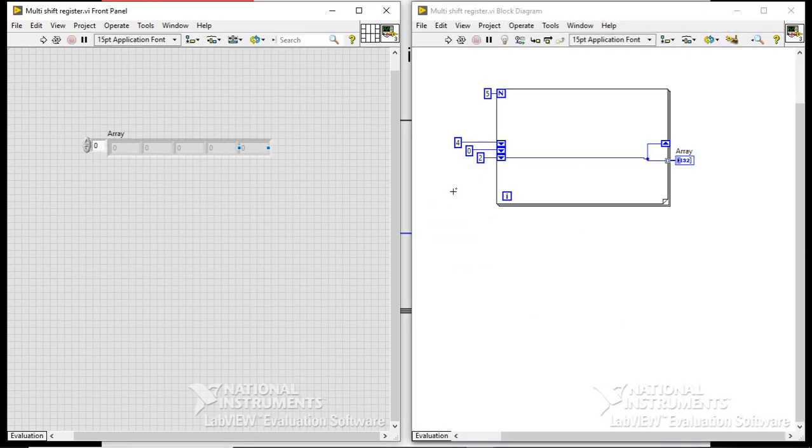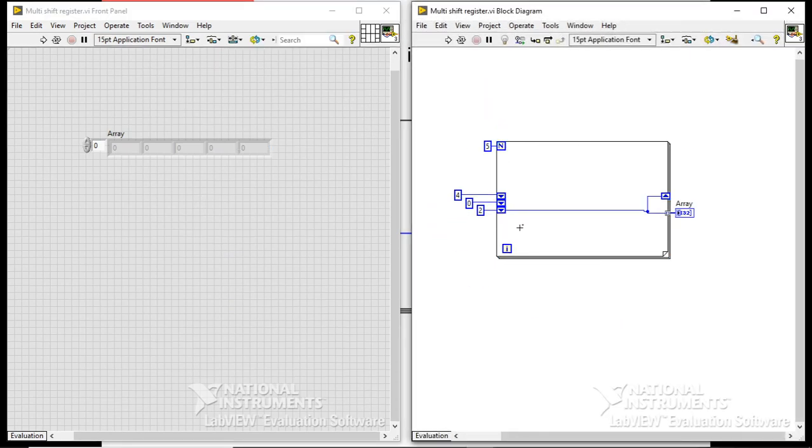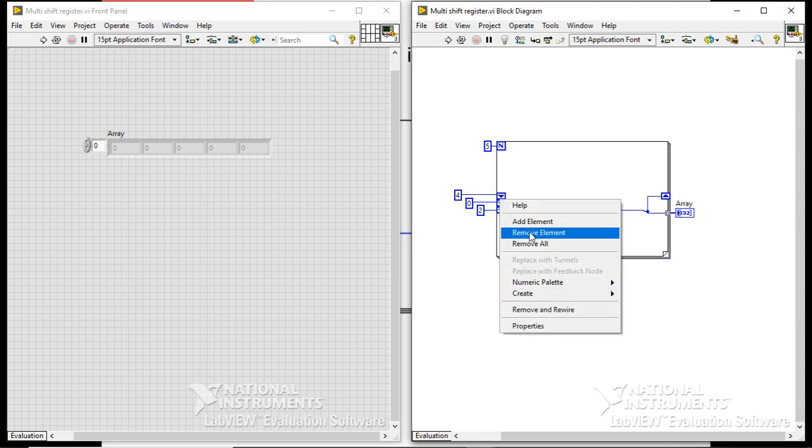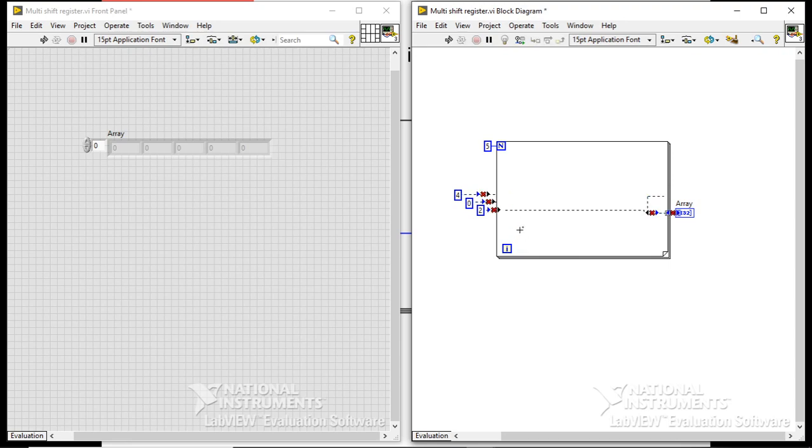As per the conditions, for a better example, I'm removing all the shift registers. Here I'm just adding the shift register. I'm adding 3 more elements by expanding it, but the shift out is only 1. The shift in alone has been expanded up to 3.